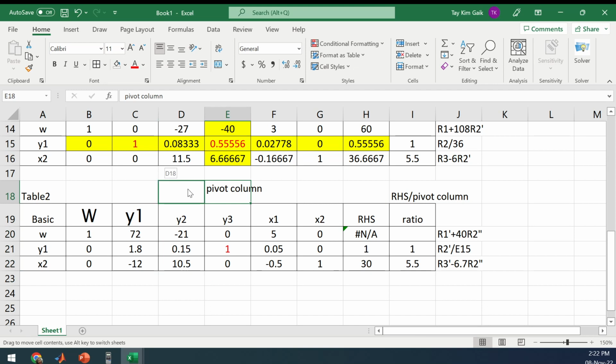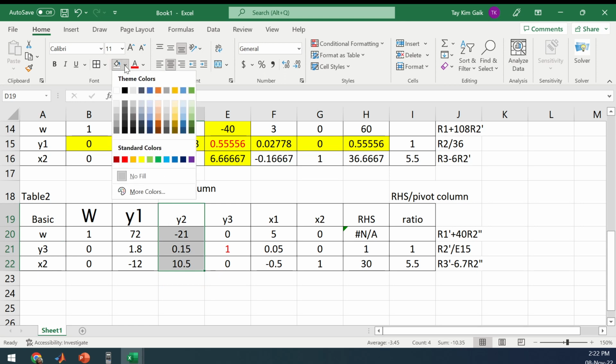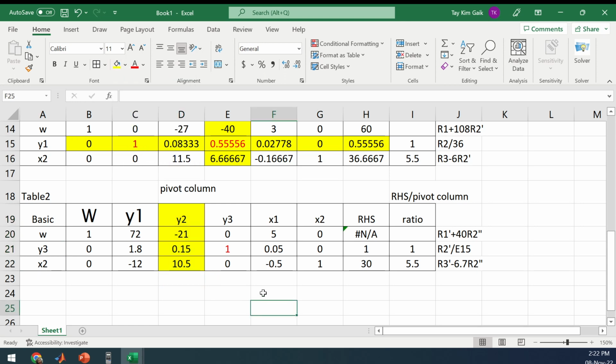So now the pivot column is y2, and in table 2, y3 now becomes a basic variable. So y1 is leaving. So y2 now becomes basic. So calculate the ratio again, which will be right hand side